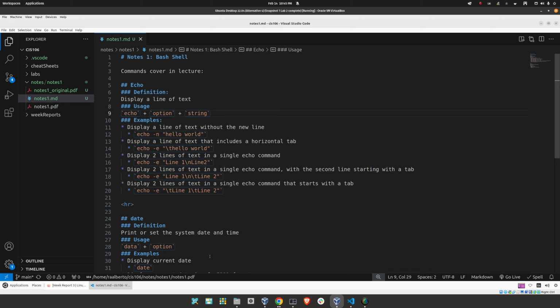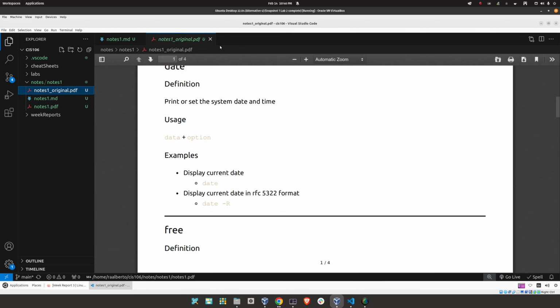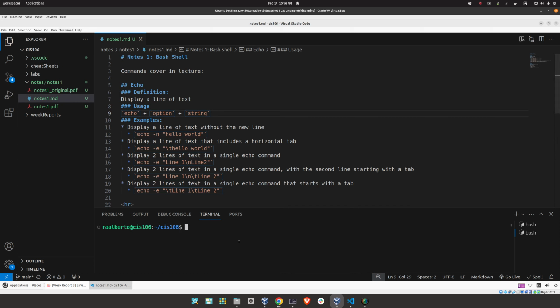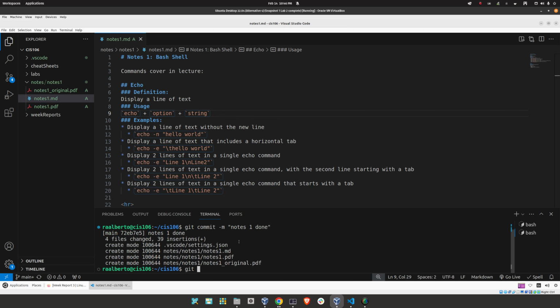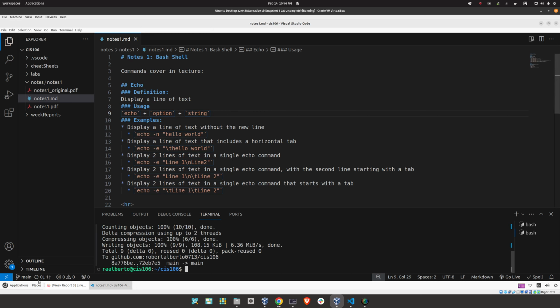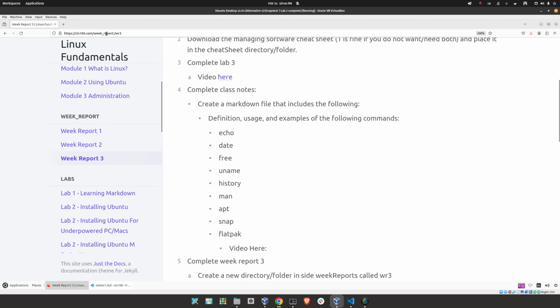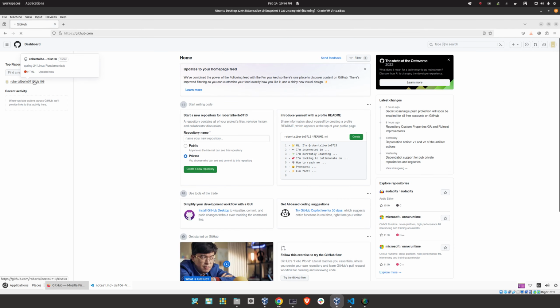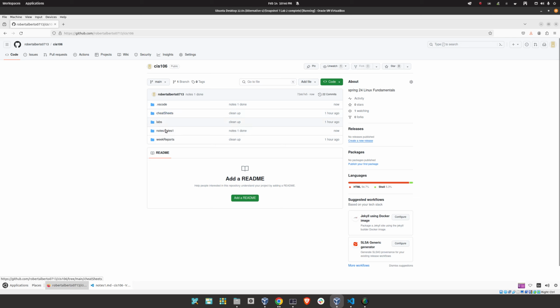Okay, again, you will complete the whole thing and yours is gonna look just like my original because we're using the same PDF converter. So now terminal, new terminal, git add period, git commit -m, notes 1 done, git push, and now let's go to our GitHub page. Now let's go to notes,